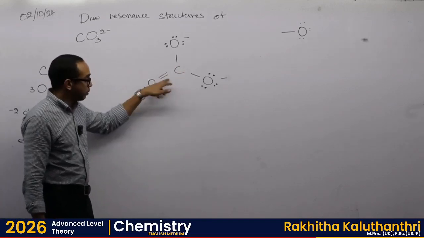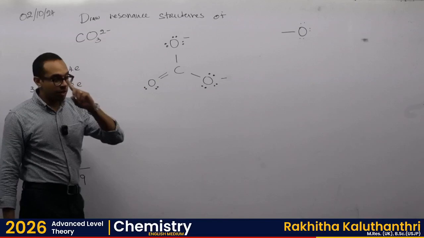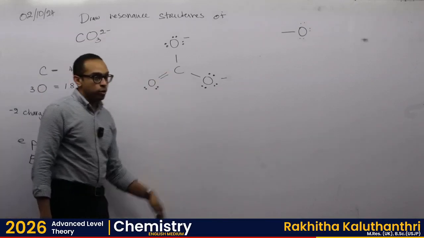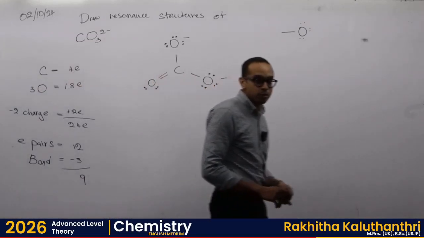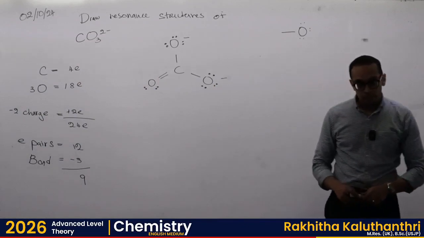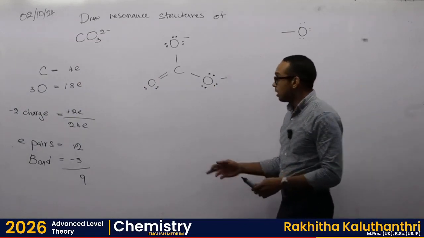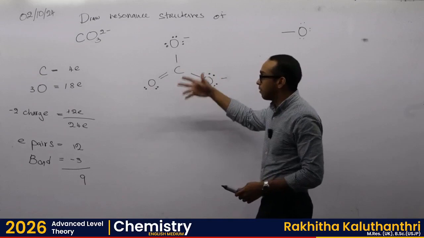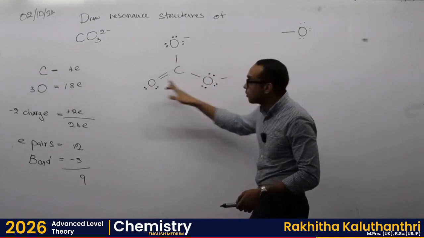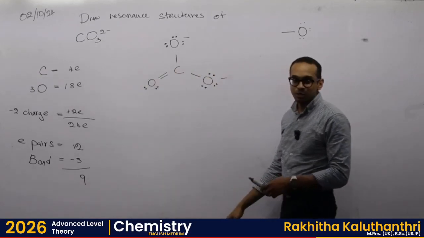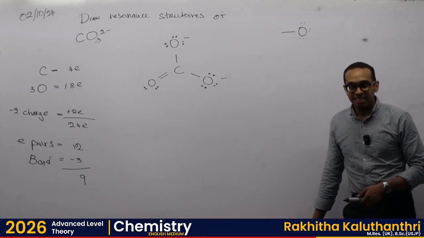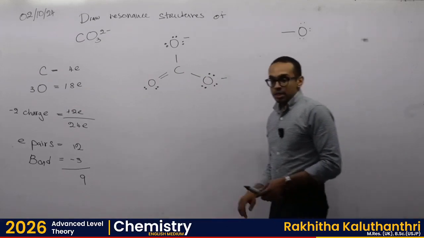Four bonds around carbon means each bond contains 1 electron of carbon. So altogether 4 bonds means 4 valence electrons are represented around carbon. Is that clear? Now these two are negative. You can't remove those negative charges because this ion is anyway 2 minus. You have to have 2 minus, no? Right? So students,